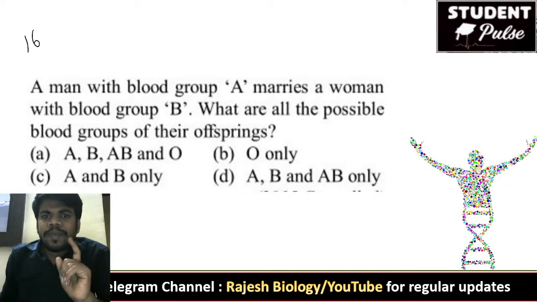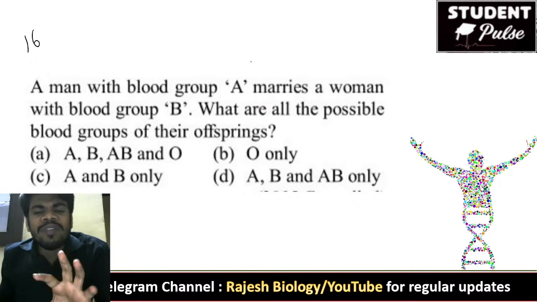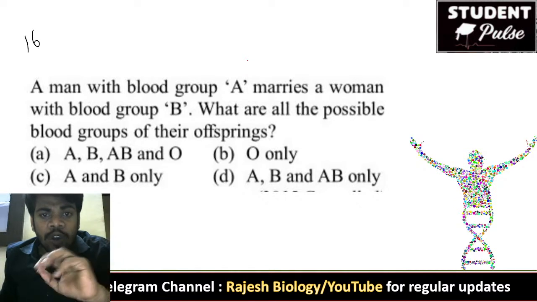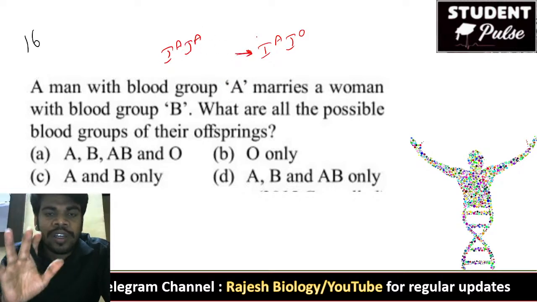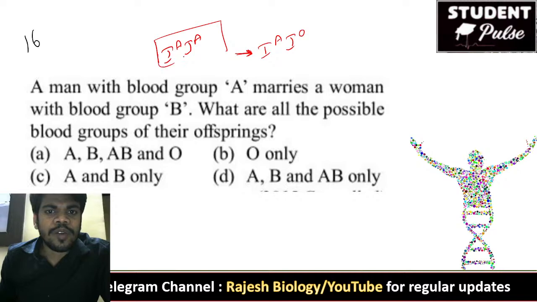One thing is, if they didn't mention the genotype in the question, like homozygous A or heterozygous A, you have to take it as heterozygous only. Don't take IAIA, you have to take IAIO. If they mention a person with homozygous A, then only you can take IAIA. Okay, so if these two persons marry,